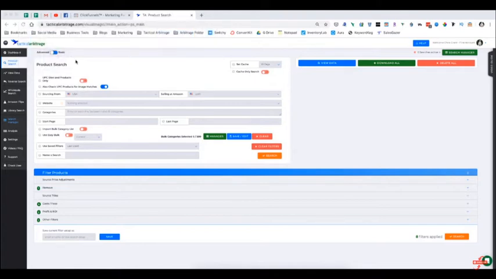Now right below that is the product search area. Here you can set your cache. Now cache, if you will remember, is the number of days that data could be in the Tactical Arbitrage database. So if I use 10 days, which if you have a newer account, you're not going to have 10 days, you're going to have a shorter period. But if you use 10 days, or if you use 5 days, for example, then if the item has been checked by TA in the last 5 days,